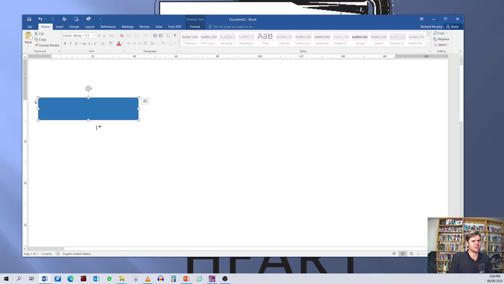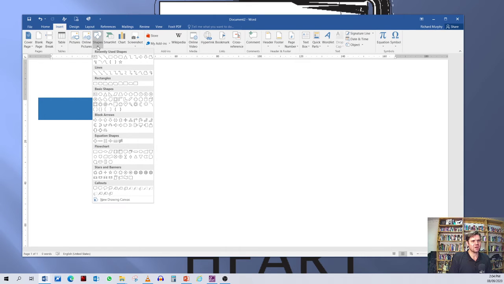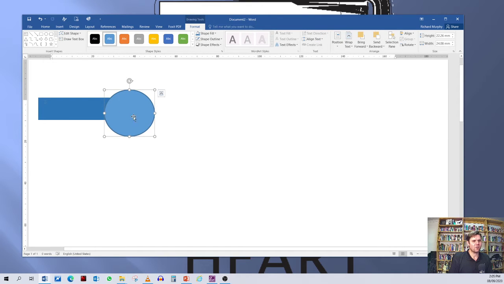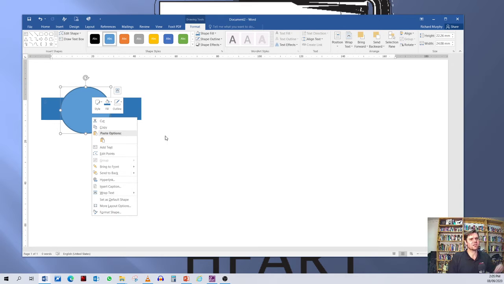There might be various reasons why you would want something to be in front of something else, but say for instance we go to insert again. Can you remember? We insert a shape and we are going to insert a circle of sorts. So let's select maybe an oval even. Okay, that's an oval, and we're building here some logo of sorts, but we want this oval now to go behind the one at the back. So we want to change the order of this, and the way to do it is to actually just select